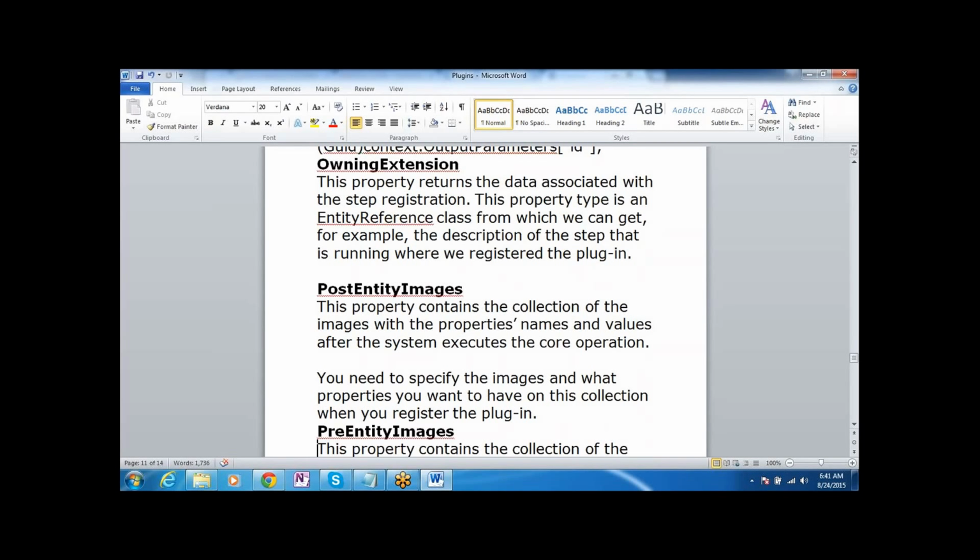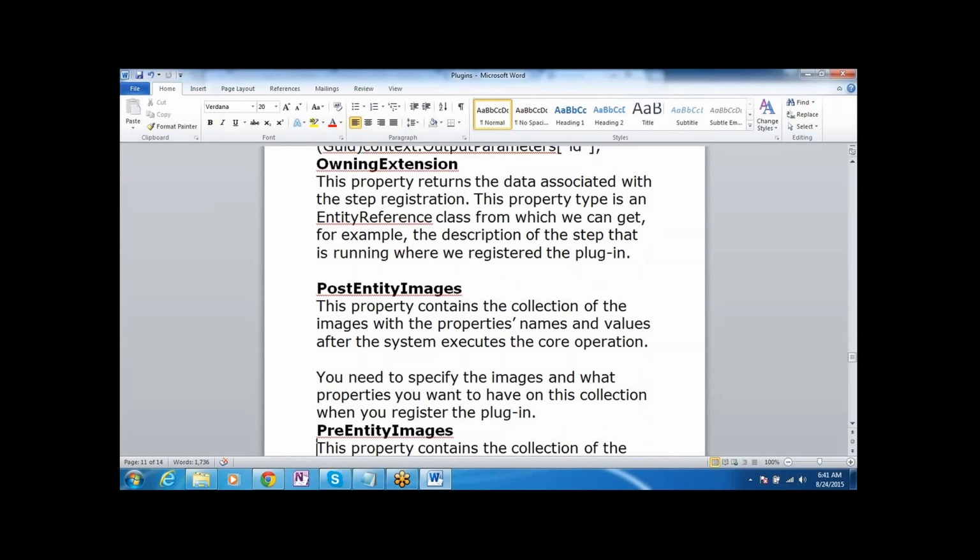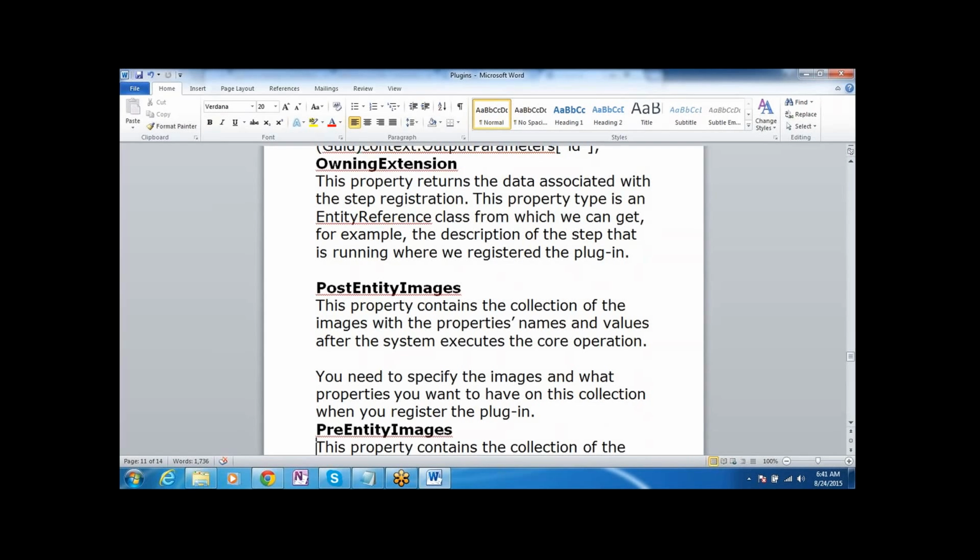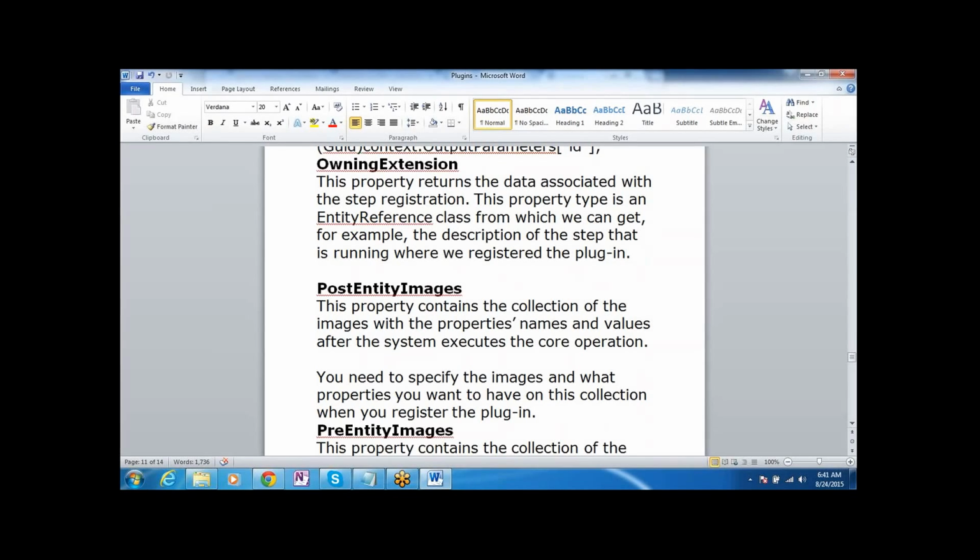Post entity images. This property contains the collection of the images with the property names and values after the system executed the core operation. Once the core operation is executed, the post image contains whatever data is in the database for an entity image, so it gives all the values. Pre entity images.